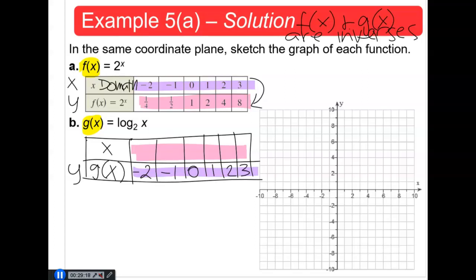So we will have the 1/4, the 1/2, the 1, the 2, the 4, and the 8. So we interchange x and y. That is exactly what we did. That was studied back in, I believe, 1.9, in case you need to review. So the points that we will be plotting, of course,